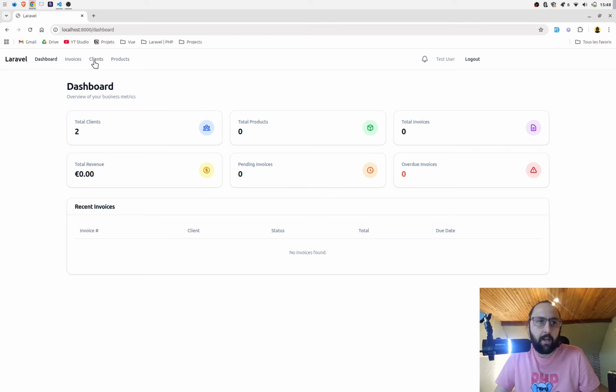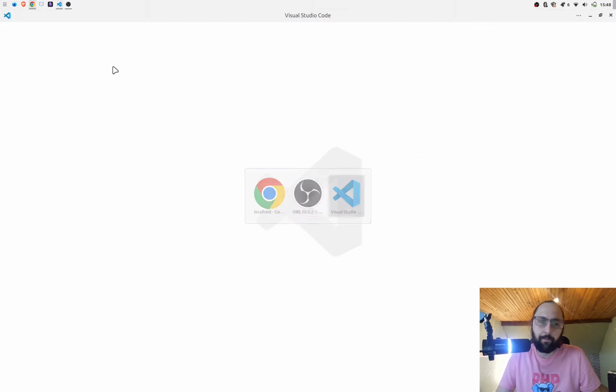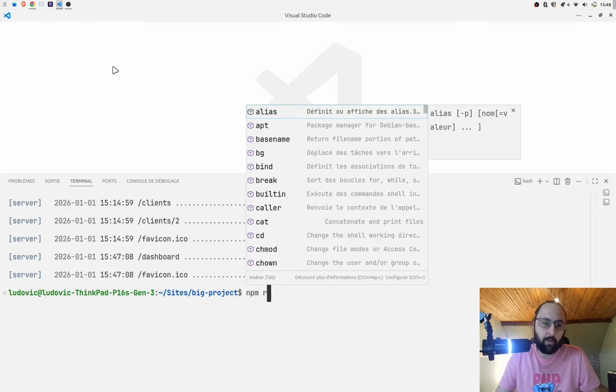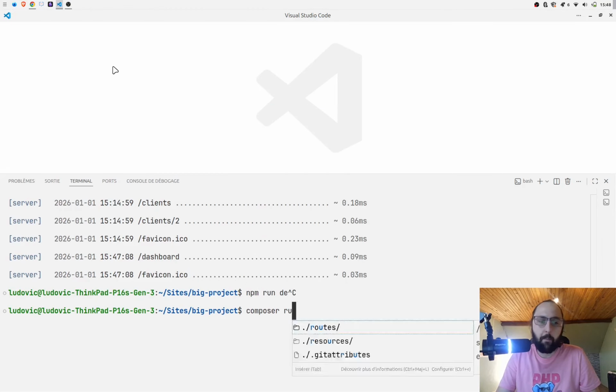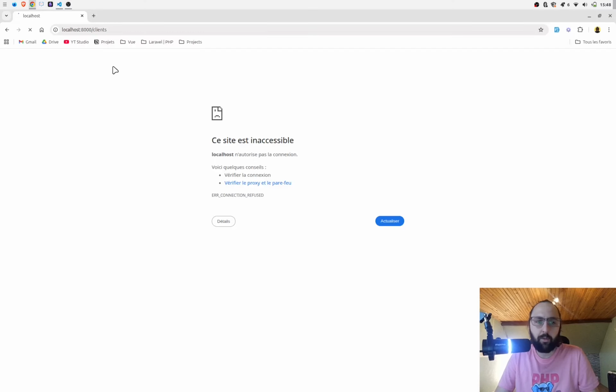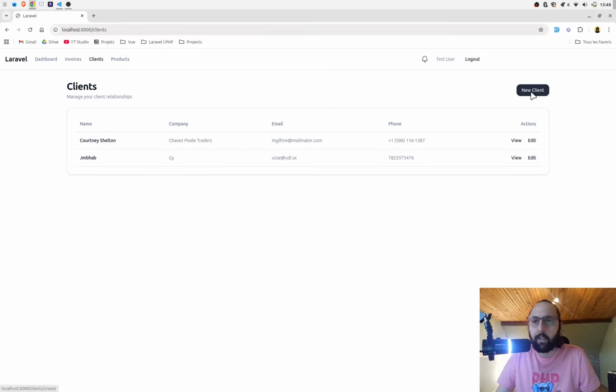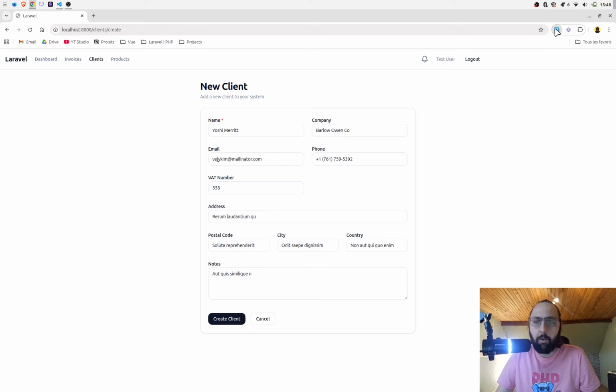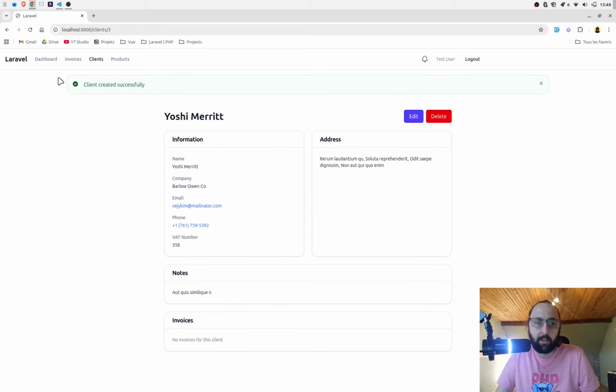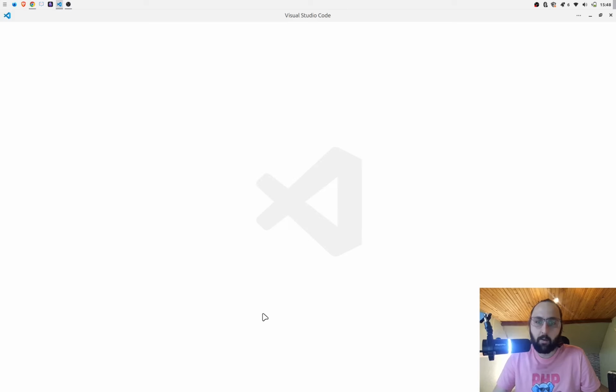So here, if I click on clients, if I don't forget to run the composer run dev, of course, I can create a new client. I'm using form filler here to fill up the fields, and I click on create clients, and the client now exists with information, address, notes, and invoices. So how do we handle that in our modular